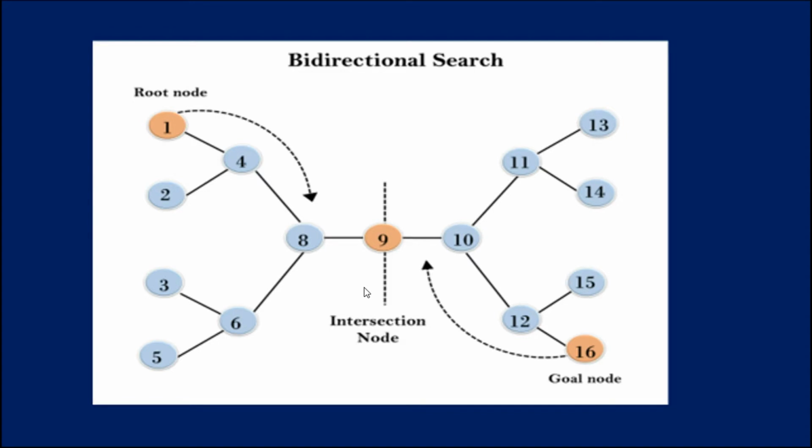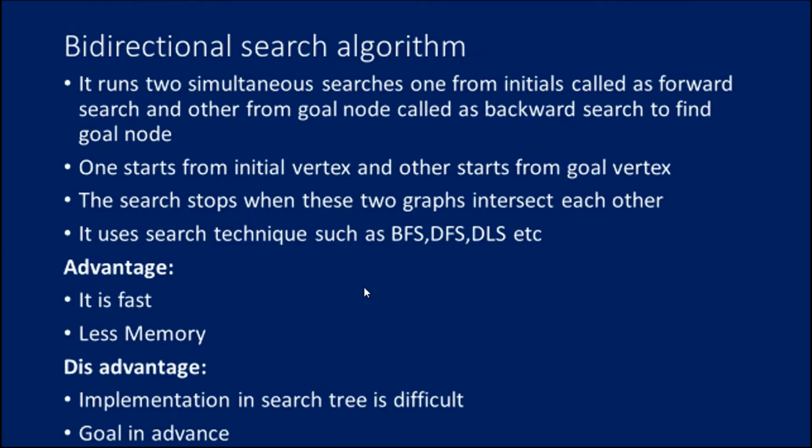The drawback of bidirectional search is that searching is difficult. Since there are two portions of nodes, searching both makes the search more difficult, especially if the goal node is not known in advance. Otherwise, memory-wise and for efficient searching, if the goal is known in advance, it quickly identifies where the goal node is. That is the advantage of bidirectional searching.